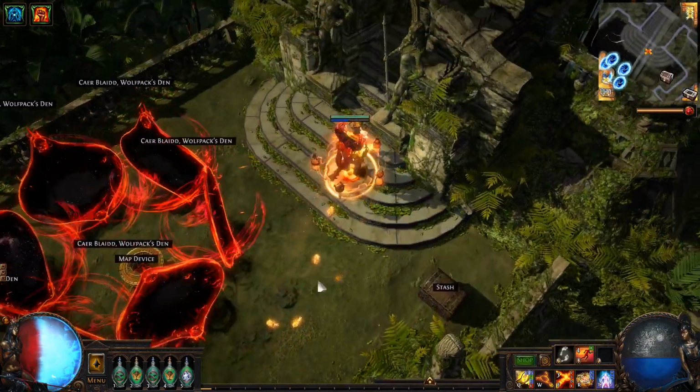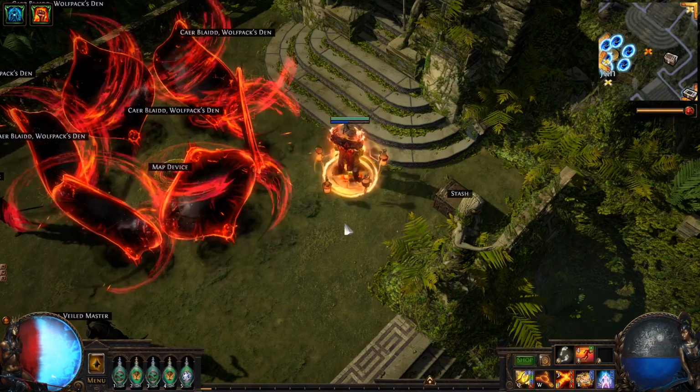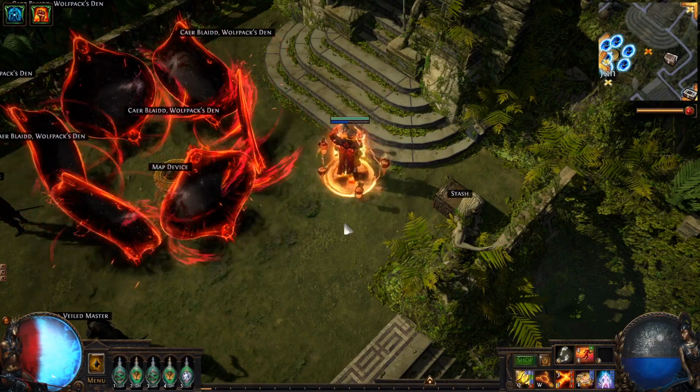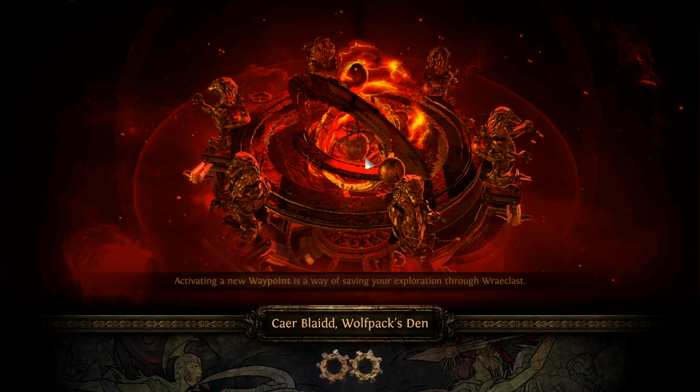Hey dudes and dudettes, here with another Path of Exile video for you. Today we're doing the unique map Caer Blaidd Wolfpacks. Now if you don't know this map, when you defeat all the bosses it drops 4 maps every time. And